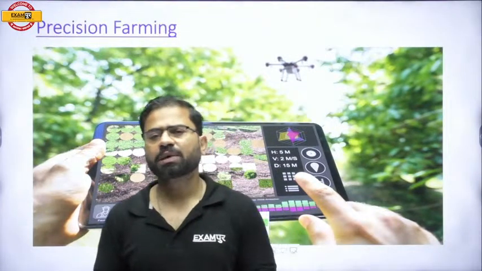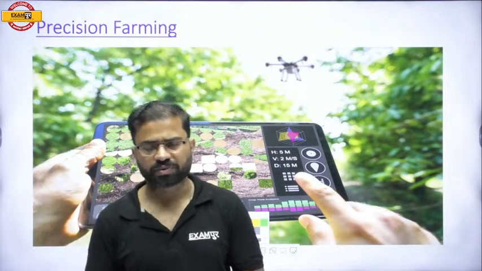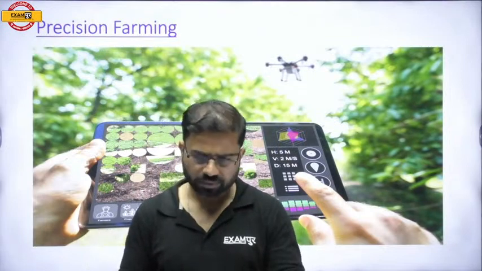ठीक है ना? Even during the time of locust attack, it was not possible for the individual to enter into the field for the purpose of spraying pesticide. So simultaneously, drones are being utilized. Looking at all these things, now the government is focusing towards promoting drone technology. First thing. Now, apart from that, the images that are being taken by the satellites, ठीक है ना? You know that satellites are being placed in the low Earth orbit for the purpose of assessing your resources.